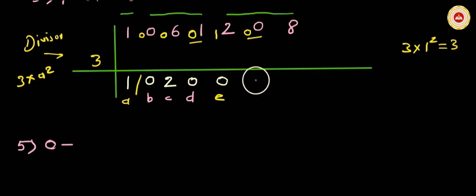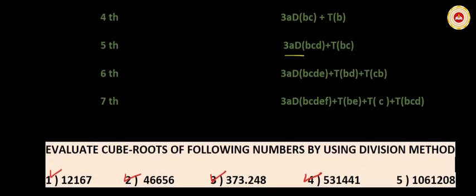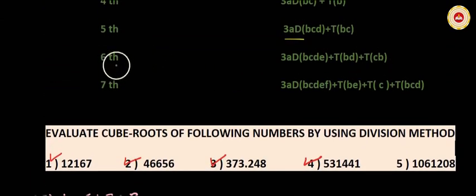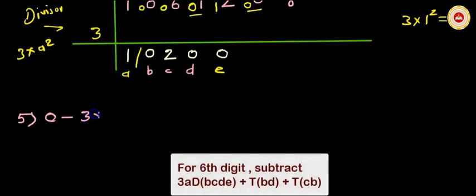Okay, that means first of all you will get net dividend, then you will divide net dividend by 3 and you will get the 6th digit, the quotient digit. So let us see what is to be subtracted for getting the 6th digit. For the 6th digit: 3 multiplied by a, multiplied by duplex of b, c, d, e,